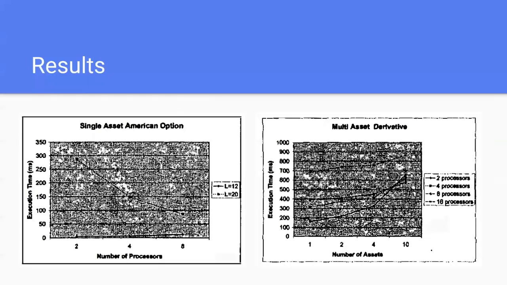So the authors that wrote this algorithm actually extended it to handle derivatives with many underlying assets, and saw that multi-asset derivatives offered a better problem for parallel computation. I know this is kind of blurry, but we can see that